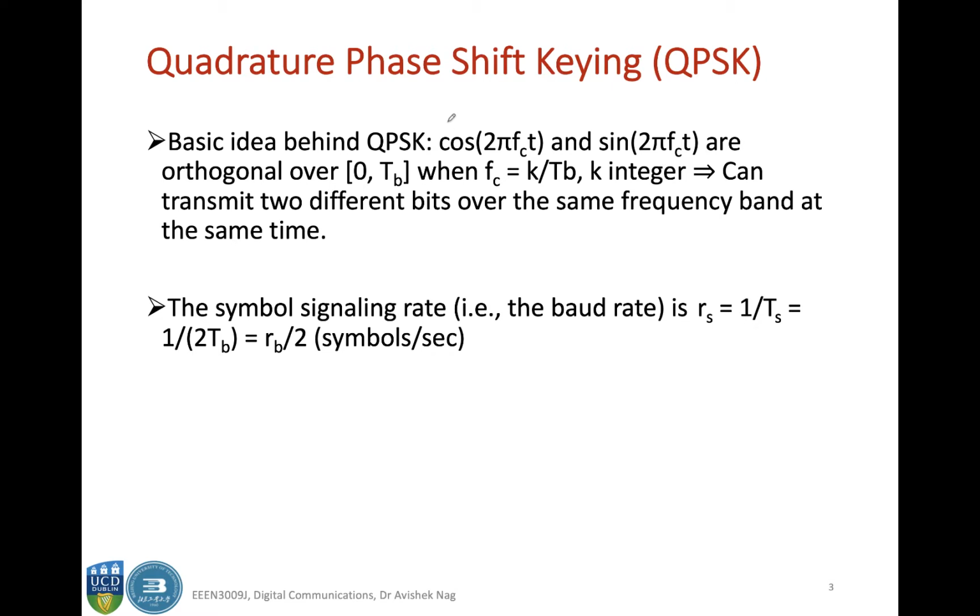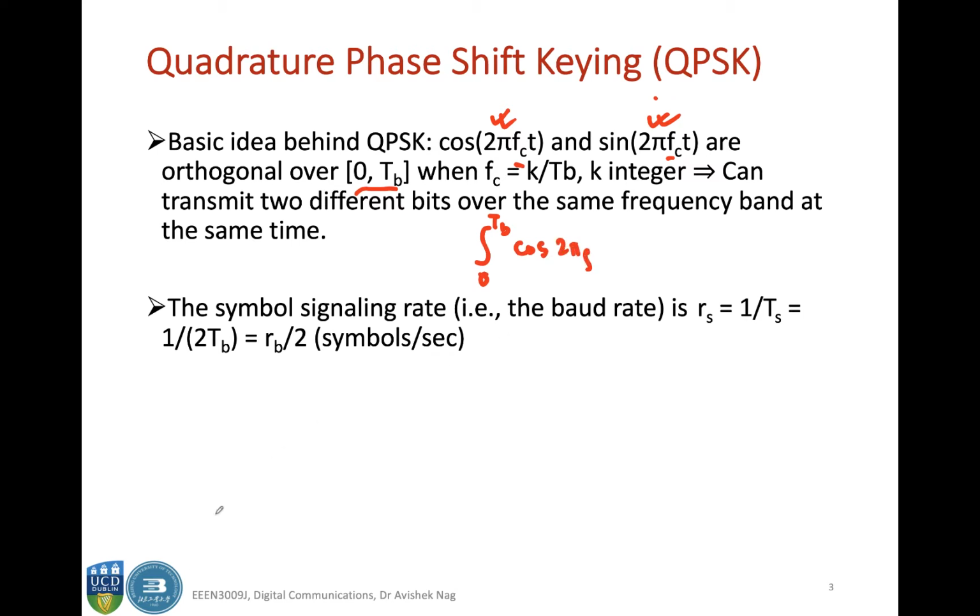The basic idea is that you have two signals, cosine 2 pi fct and sine 2 pi fct, where Fc is the carrier frequency, and you can see that these two are orthogonal over this interval. What does this mean? This means that if you integrate over 0 to Tb,